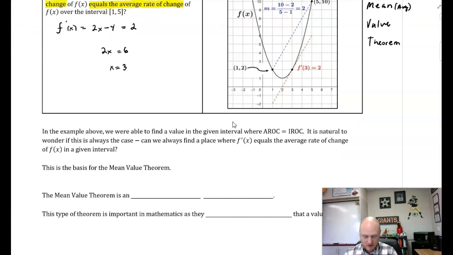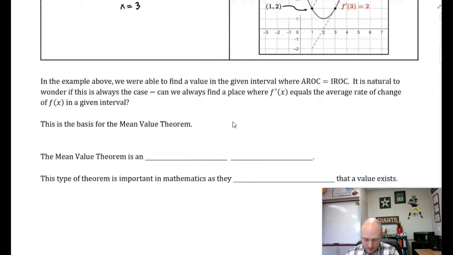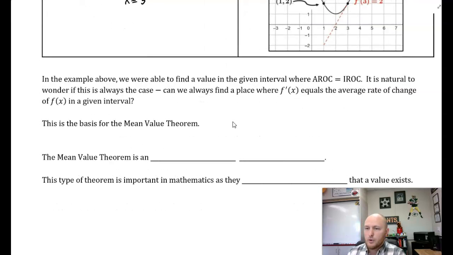Okay, so where are you going with this, Schwarber? In the example above, we were able to find a value in the given interval. That's important, in the given interval, where the instantaneous rate of change is equal to the average rate of change. It is natural to wonder if this is always the case. Can we always find a place where f prime of x equals the average rate of change of f of x in a given interval? This is the basis for the mean value theorem, abbreviated